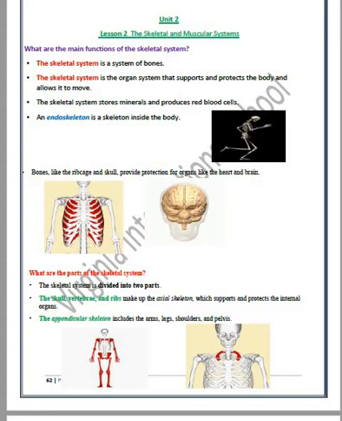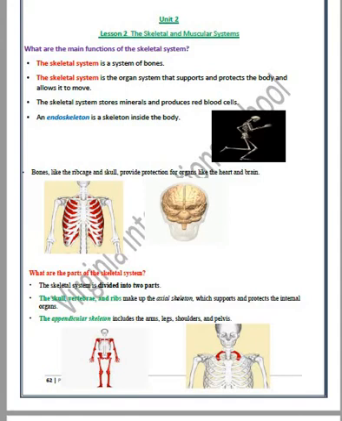Okay, what's the skeletal system? We said last time that skeletal comes from the word skeleton, and the skeleton is the bones inside all the body. So the system of bones is the skeletal system, and we said that it has many functions. The main function was supporting the internal organs, like the rib cage protecting the heart and the lungs, and also the skull protecting the brain, right? So the skeletal system is the system of bones, and its function is to support the body and to protect